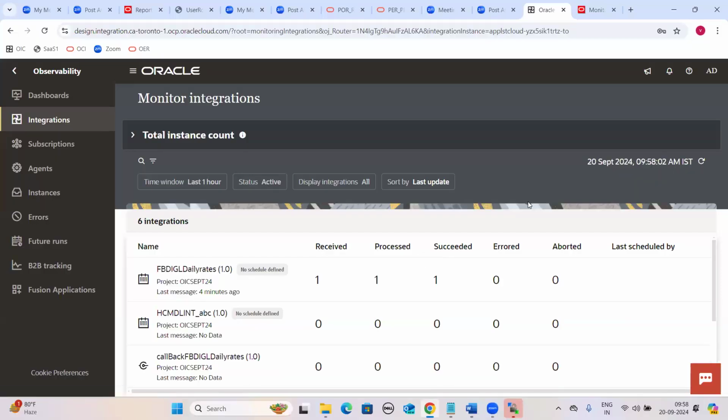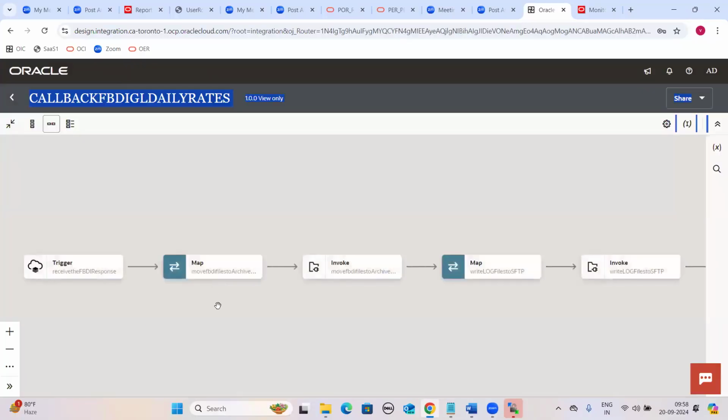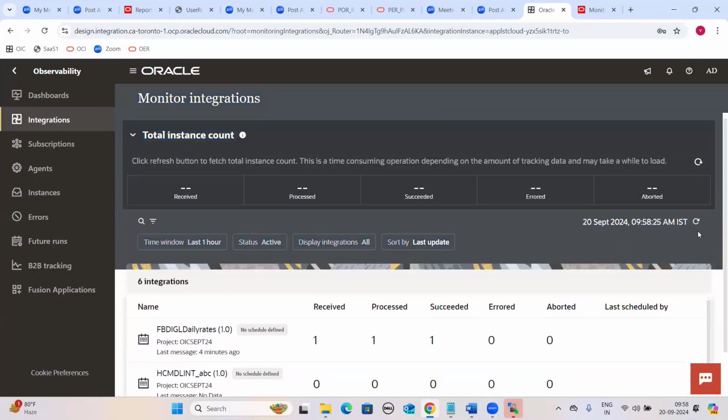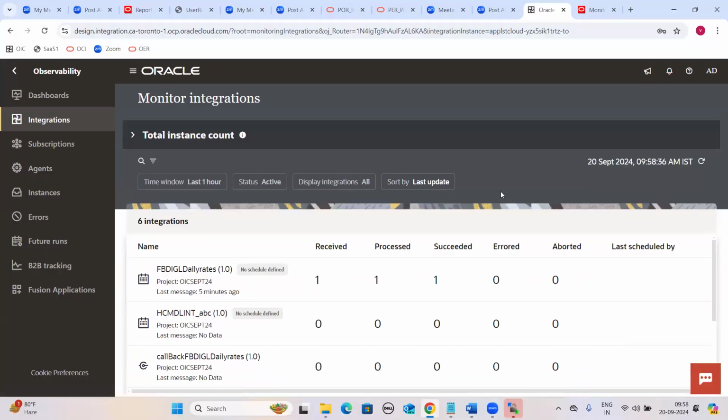Refresh. Callback GL not executed. Maybe it will take 5 minutes. This is a success, right? While it comes,